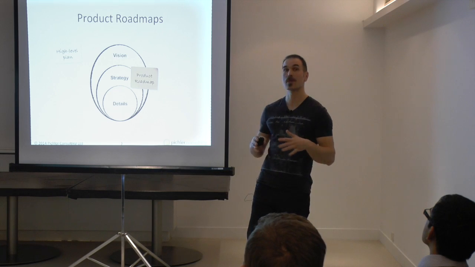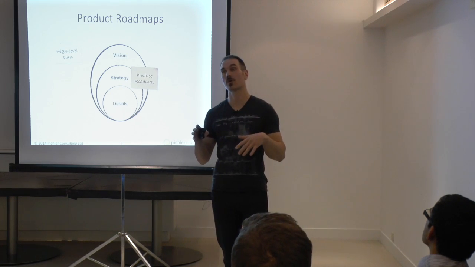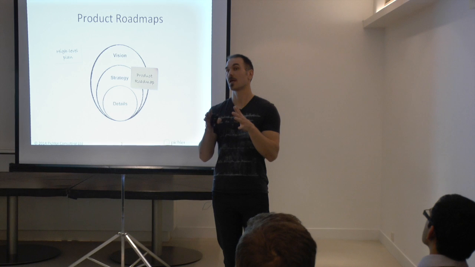So for me, a product roadmap is a strategic planning tool. It's a high-level plan that provides a longer-term outlook on how the product is likely to grow and looks beyond the next release. So it allows you to connect the next 2, 3, 4, 5, 6 upcoming releases, depending on how far you can look ahead, and depending on how long it takes you to release software.